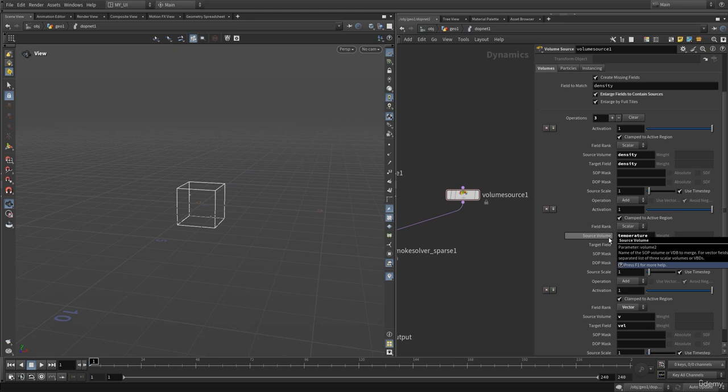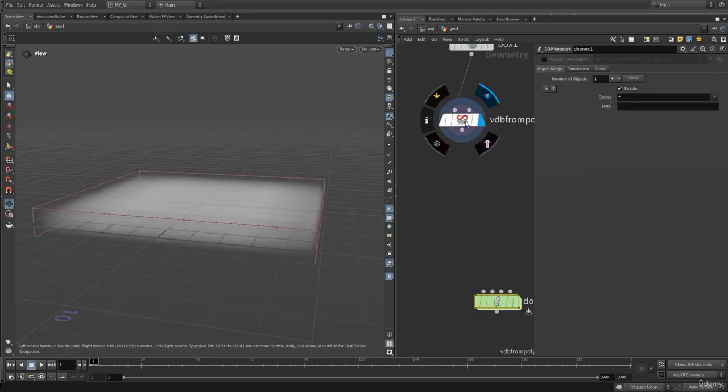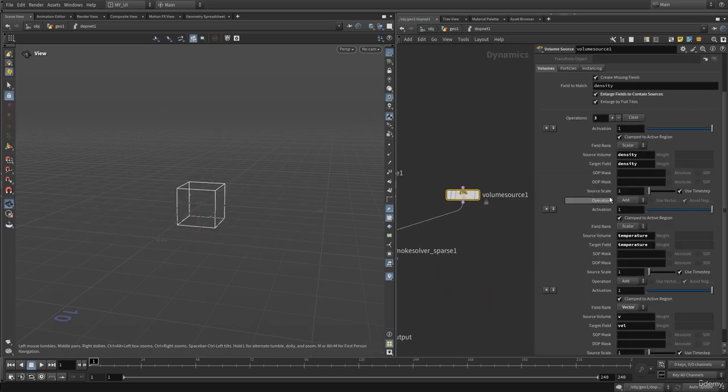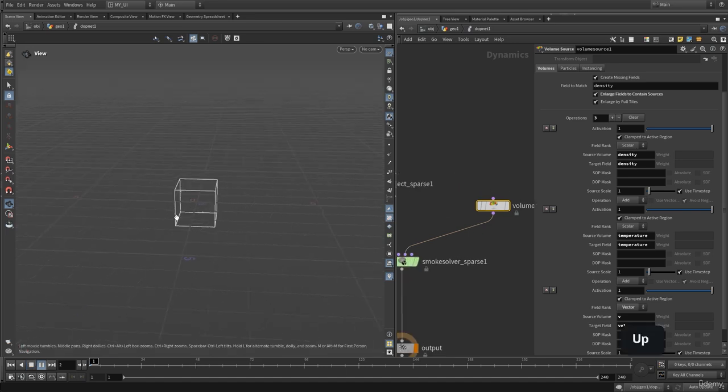On the source volume, we have another volume that we are importing, the temperature, and we are also importing the volume V for the velocity. But in here, we have only created one volume, this density volume. We do not have a temperature volume or a V volume. But that's fine. We will see how we can create and import them. But for now, we are simply importing the density field. So now if I hit play,